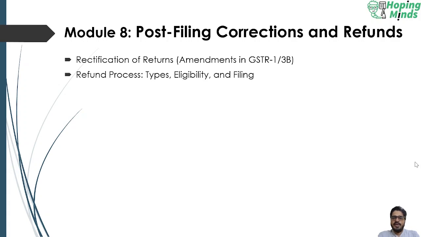Then we learned about the reconciliation of sales register with GSTR-1 and GSTR-3B, how the sales registers are matched with the filed GSTR-1 and GSTR-3B return to ascertain the outward taxable values and the taxes thereon. Then we learned about the reconciliation of GSTR-2B and GSTR-3B return with the purchase register. So let us proceed with the first topic of the